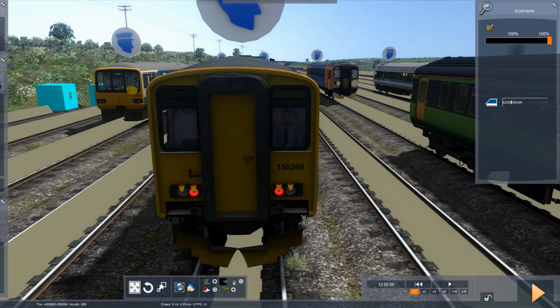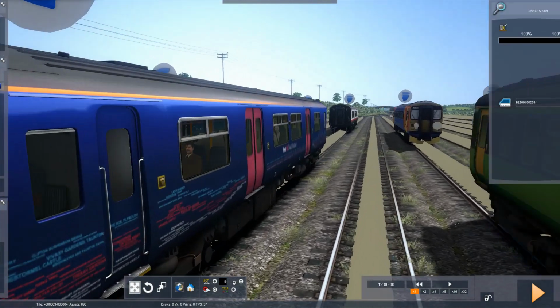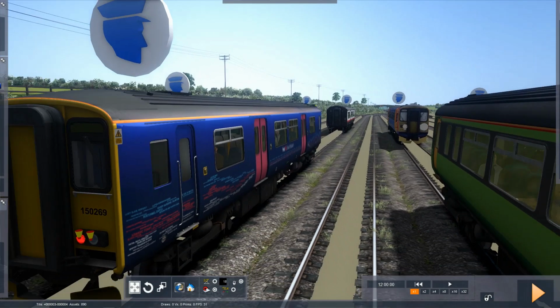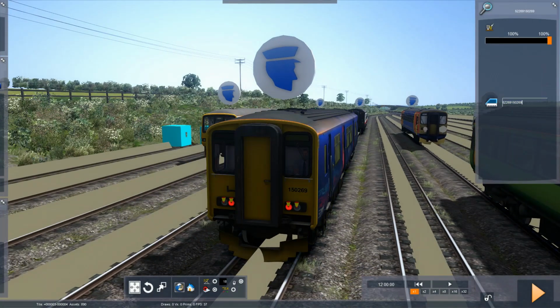However, if you wish to change the unit number, please note that the individual carriage number itself will be the first set of numbers, 5 digits, starting with 52 in this particular instance, and the unit number overall is reflected in the last 6 digits of this string. So, for sake of argument, we're just going to change the unit number to 260, hit enter, and it is changed. And that means we want to change 52269 to 52